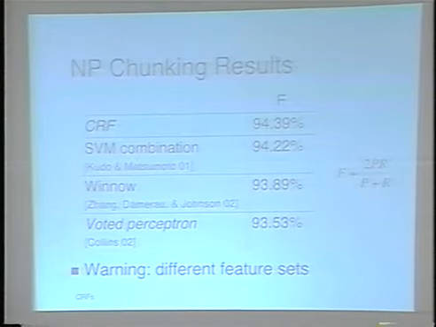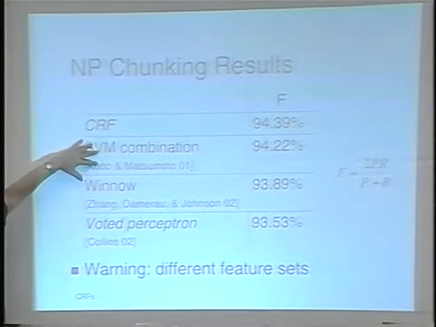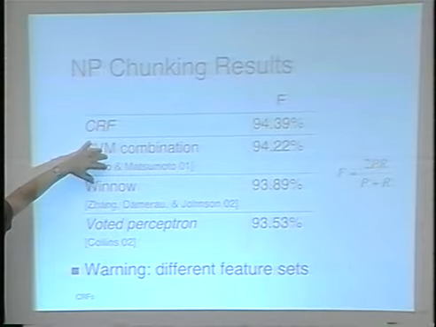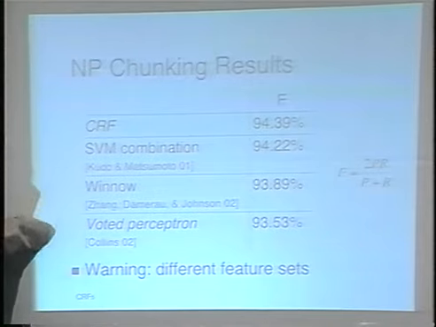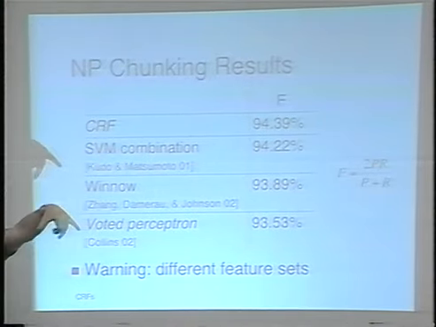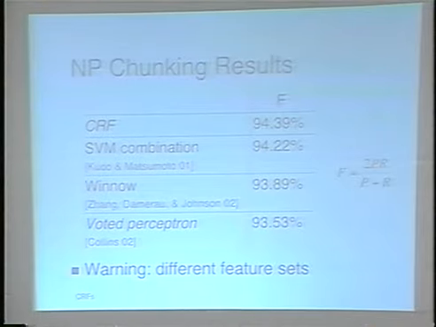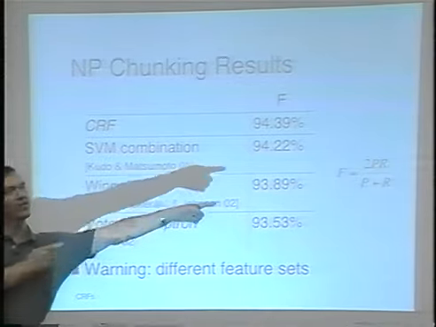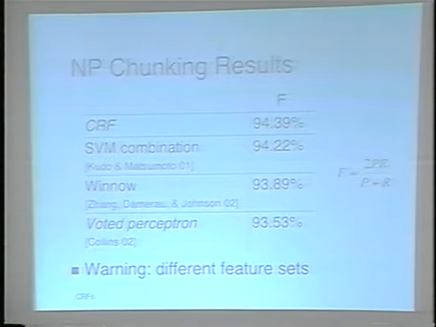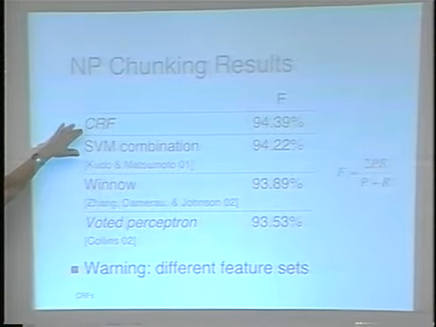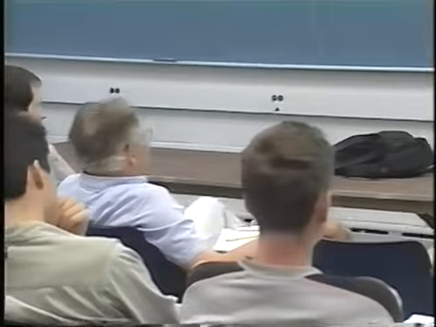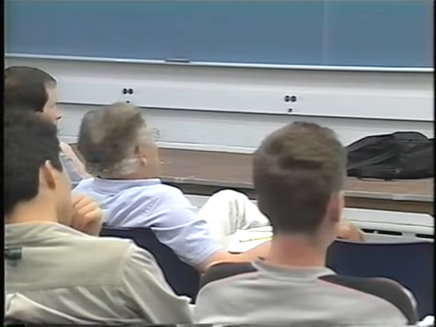And so here are some recent results. This is the best, most recent method that I know of, where essentially they train a local model. They train a bunch of classifiers, which are support vector machines. They train 8 of them, 4 look forward and depend on the previous tags, and 4 work backward and depend on the future tags. And then they vote. This is the CRF, this is ours. The next, as of the published results, is the best I know.